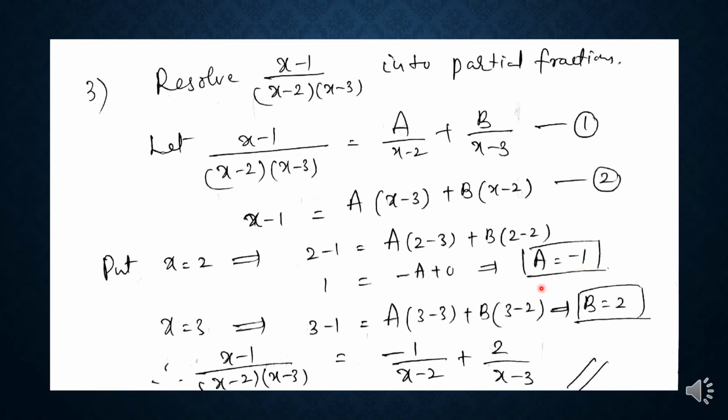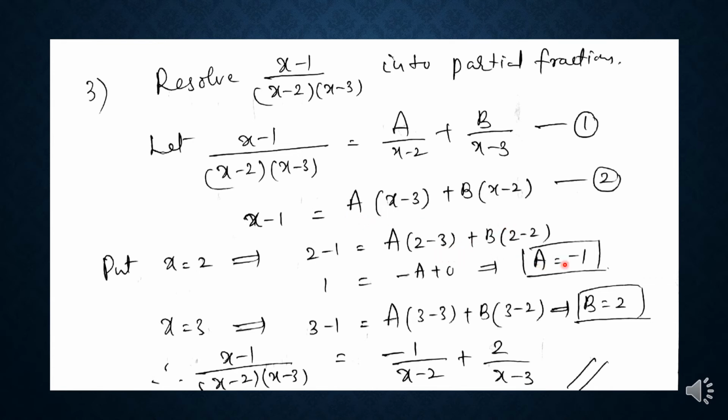Minus 1 by x minus 2 plus 2 by x minus 3. Thus we can resolve the given fraction into partial fractions. First we take the denominator factors, and two linear factors are there. So we should write partial fractions like this: a by x minus 2 plus b by x minus 3. Then after writing the partial fractions we should take the LCM, cancel the denominators, equate the numerators, then put x values to get 0 values of the expression, to get the values of a and b.